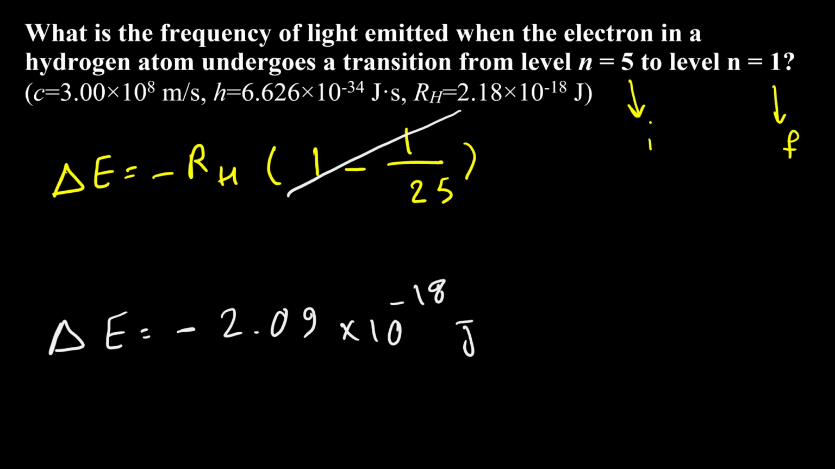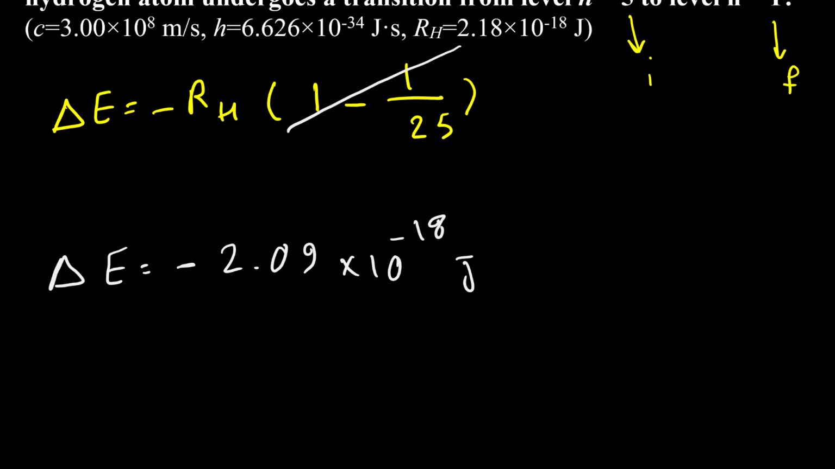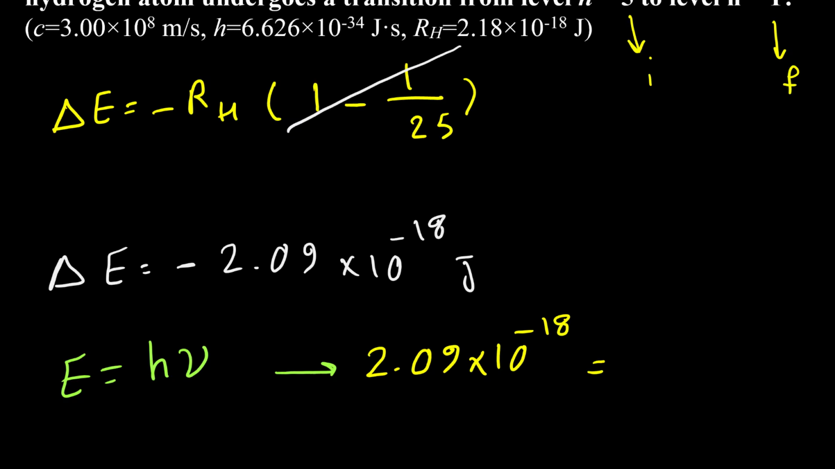This is the energy difference between level 5 and level 1, and it is negative because we have emission. This energy is also exactly equal to the energy of one photon. We know the energy of a photon is equal to h nu. So instead of E, we can put its value, but we don't use the negative sign. We only use the absolute value. 2.09 times 10 to the negative 18 joules is equal to h, or Planck's constant, which is 6.626 times 10 to the negative 34,